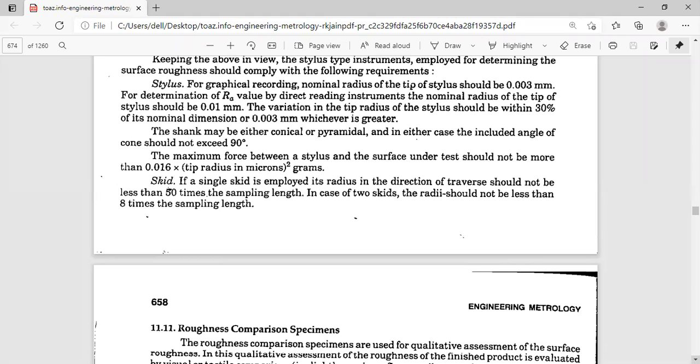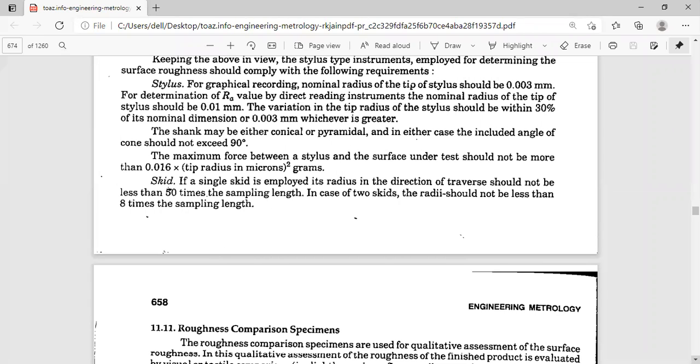So whatever sampling length value you are taking, suppose the particular production method is not specified, you take a sampling length of minimum 0.8 mm, or according to the production method you have seen in the previous tables. If you work in the industry, try to refer to the tables, just like you refer to data books, the steam tables, the design data books or the refrigeration tables.